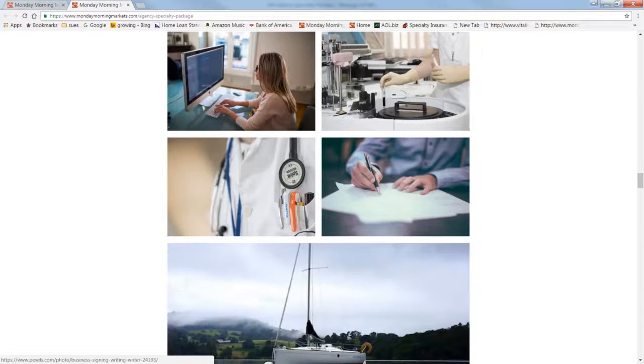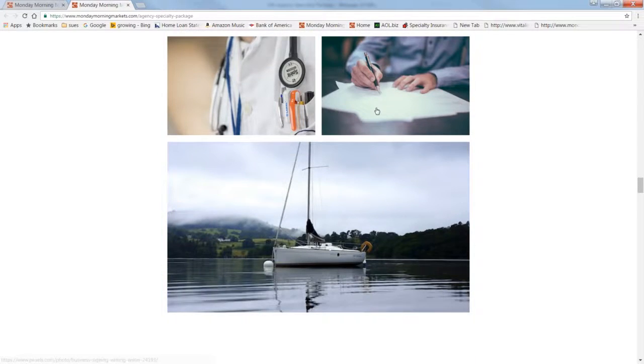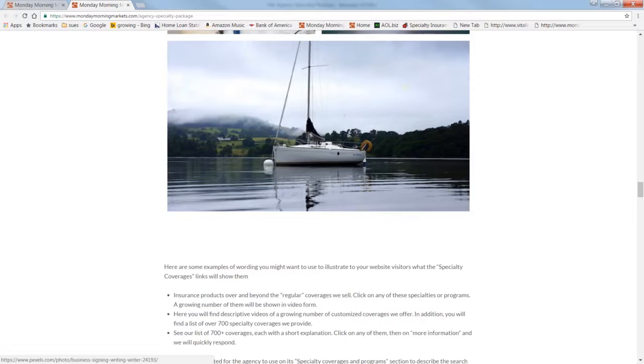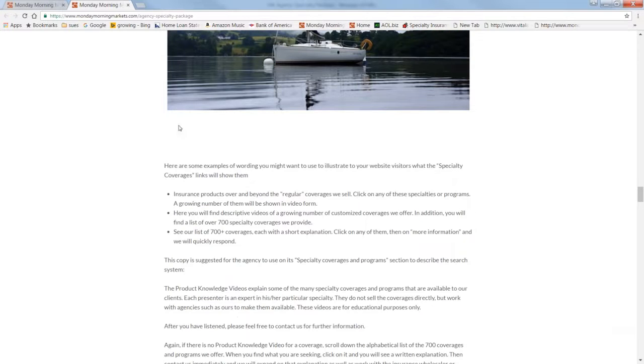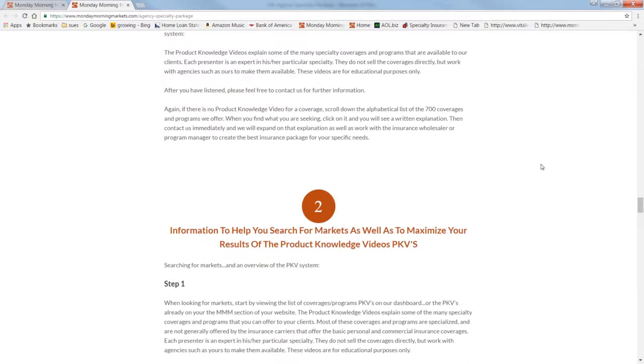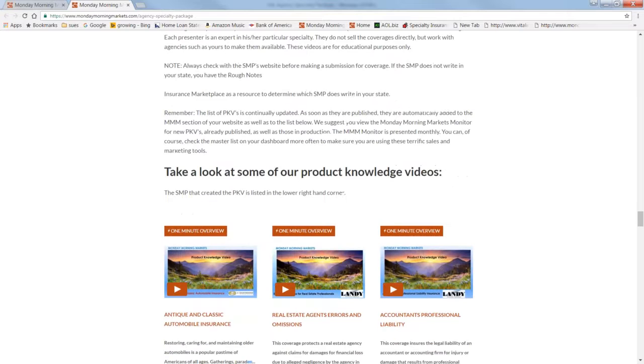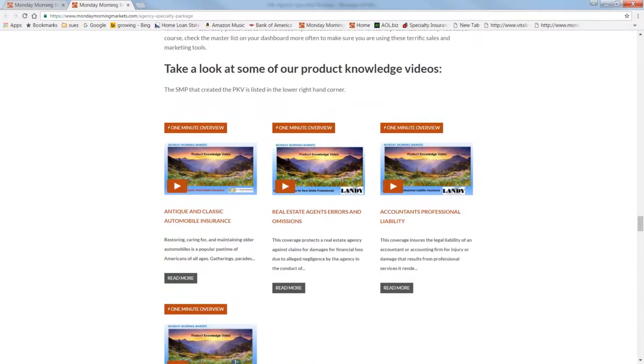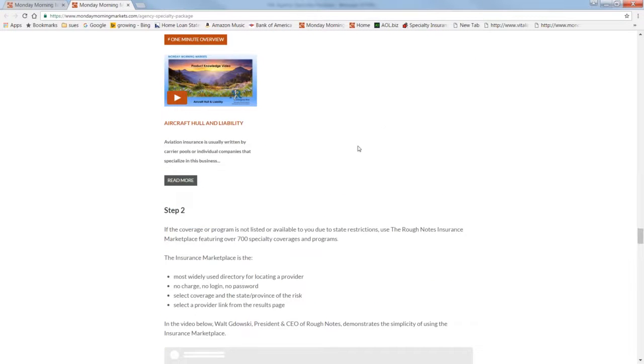What we're trying to do is challenge you. I can't go into the details exactly how to do that. Al can on some, and he will tell us about some of the enhancements that are being made. But here's various wording that can be used down here. If you're looking to how to search markets and maximize them, we show you how to do that. We show you, and we've already seen that a number of times, but what I wanted to show you here,